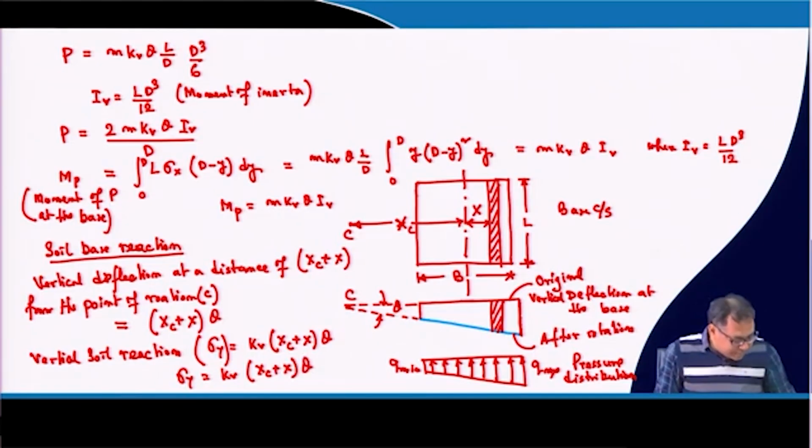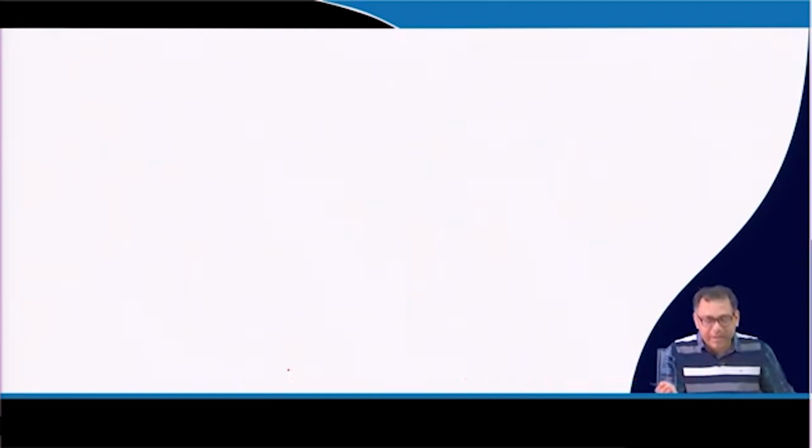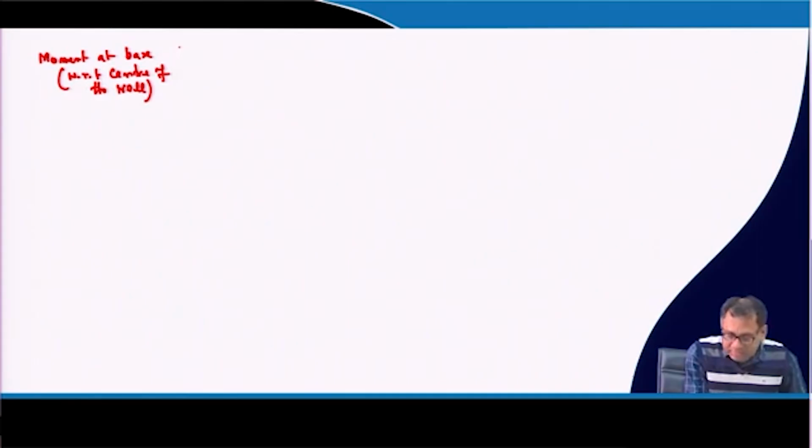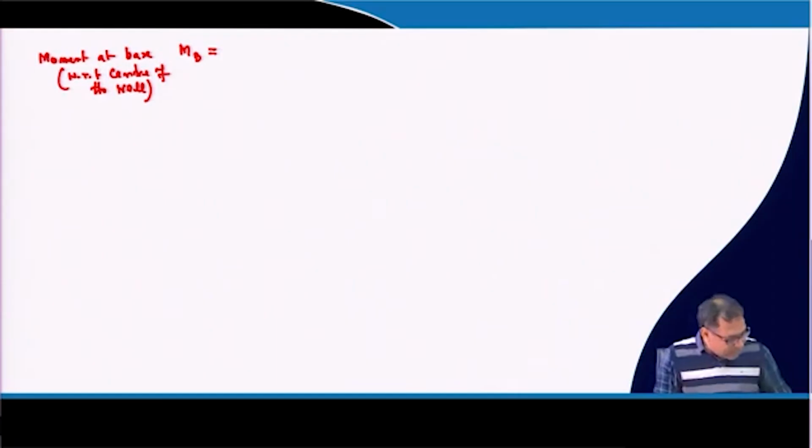Because of this rotation, we can write what will be the base moment that will develop. So the moment at base, with respect to the center of the well, that is m b, that will be equal to,